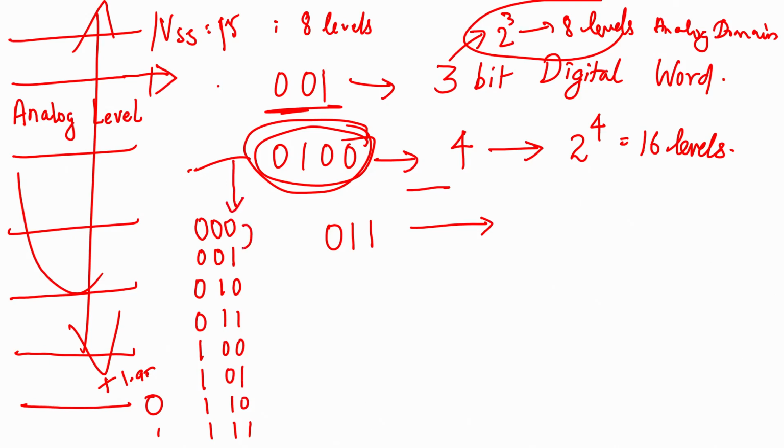Now if you observe this last column, what is happening? This bit is toggling at every change, correct. Every change it is becoming 0 1 0 1 like that. Okay, correct. What is there in this bit? It is changing only every other time, correct. For first two it is becoming 0, then for the next two it is becoming 1, correct.